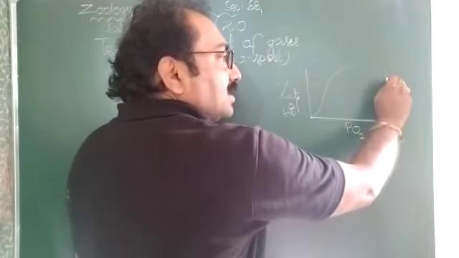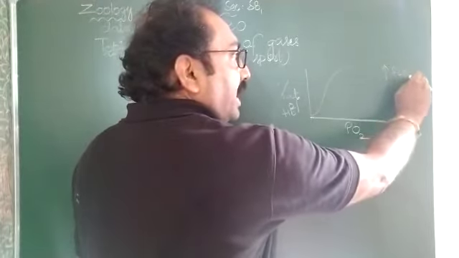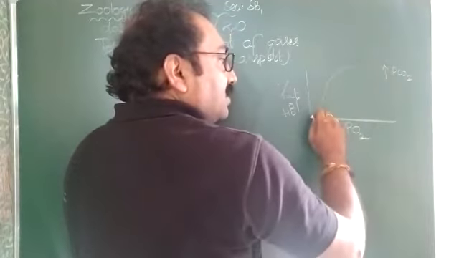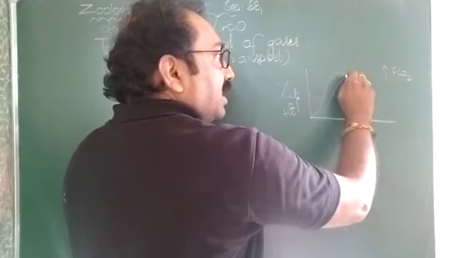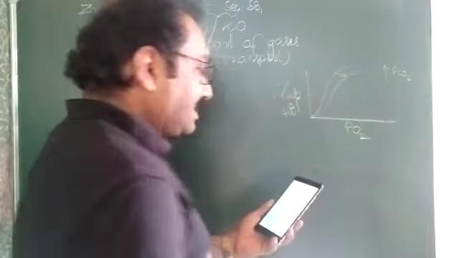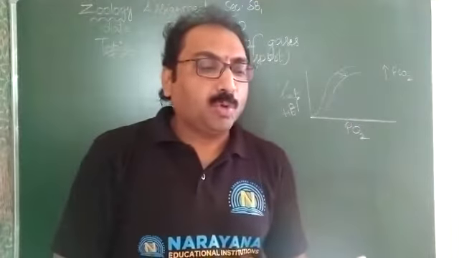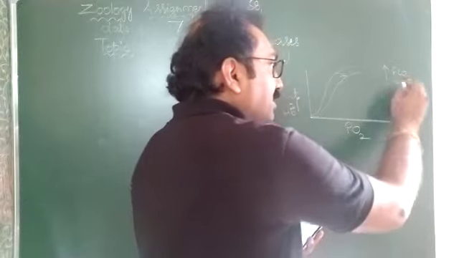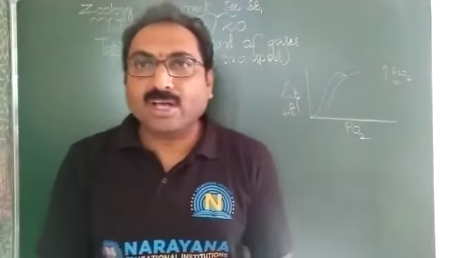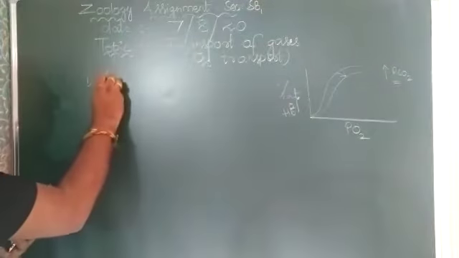When there is an increase of partial pressure of carbon dioxide, then this sigmoid curve, the oxygen hemoglobin dissociation curve, shifts towards the right side. So the curve shifts to the right side when there is an increase in the partial pressure of carbon dioxide as well as an increase in the H plus ion concentration. So hence for the first question the answer is the third one.